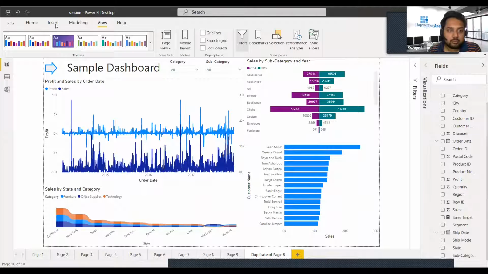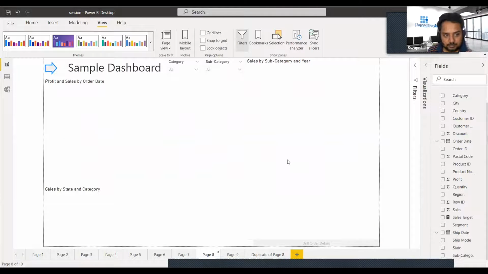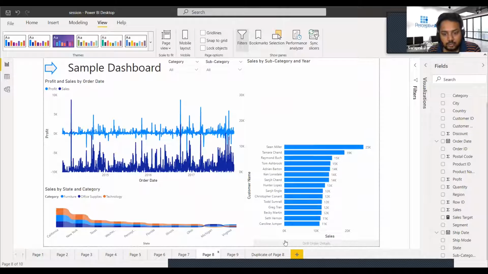The next thing which I want to show is also similar to this. Instead of using bookmarks, I'm using a button option. Let's say we have 2 pages.